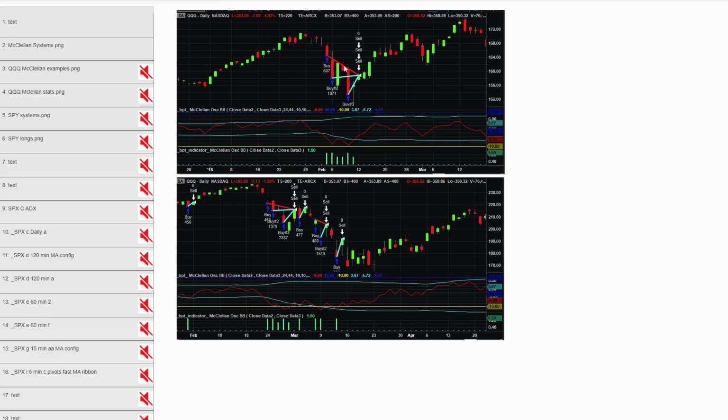Here's a couple past examples on the QQQ McClellan oscillator system. Here's an example. It needed 3 entries before you finally got your reversion to mean bounce. Clearly the first entry was a loser there. The second and third entries were winners. Here's an interesting example. I guess this is 2020, last year during that waterfall sell-off. Quite interestingly, it took 3 entries here, exited, winning trade, took another quick winning trade here, had 2 entries here, first loser, second one winner, and this one. But anyway, just to give you an example of how these reversion to mean McClellan oscillator systems can trade.